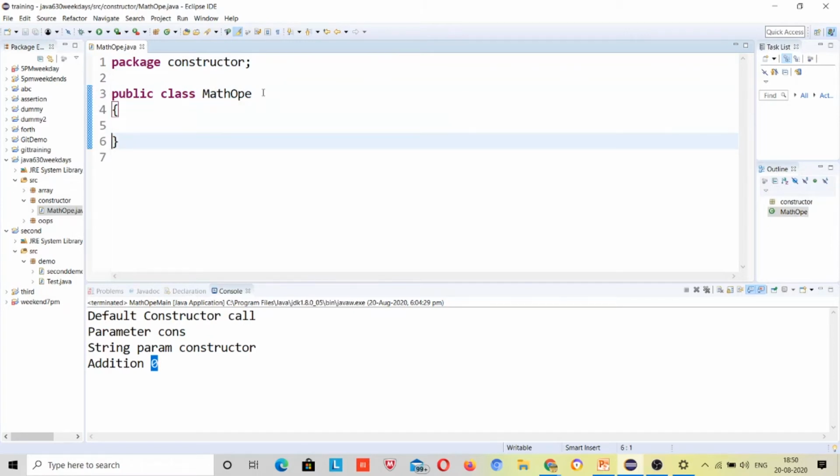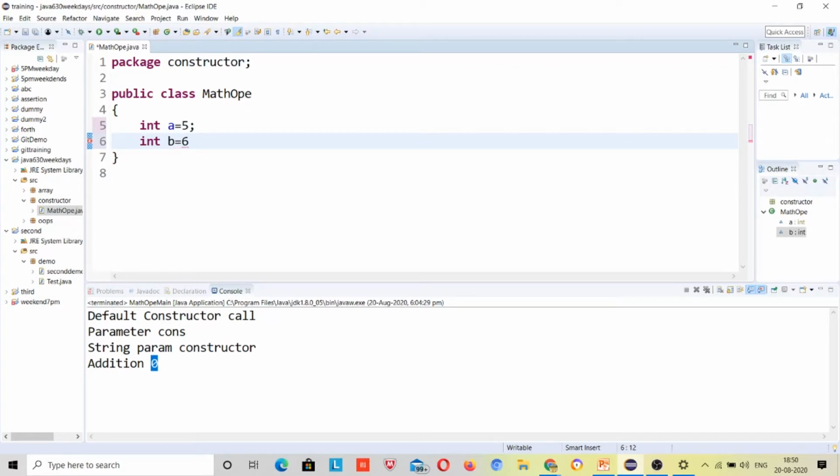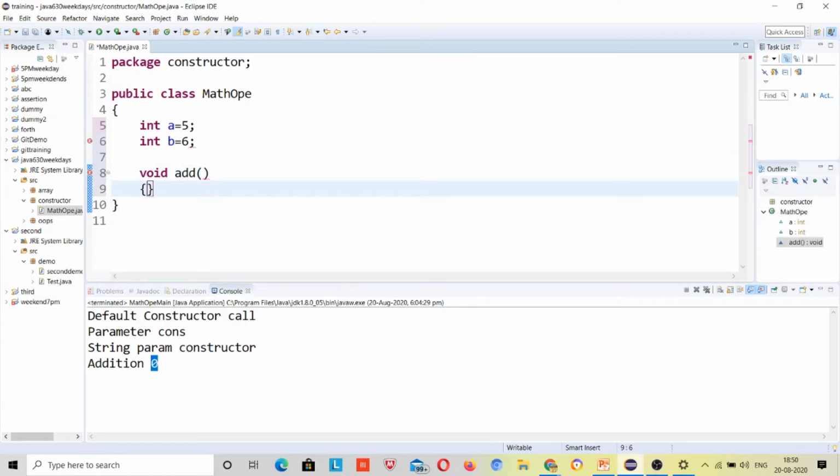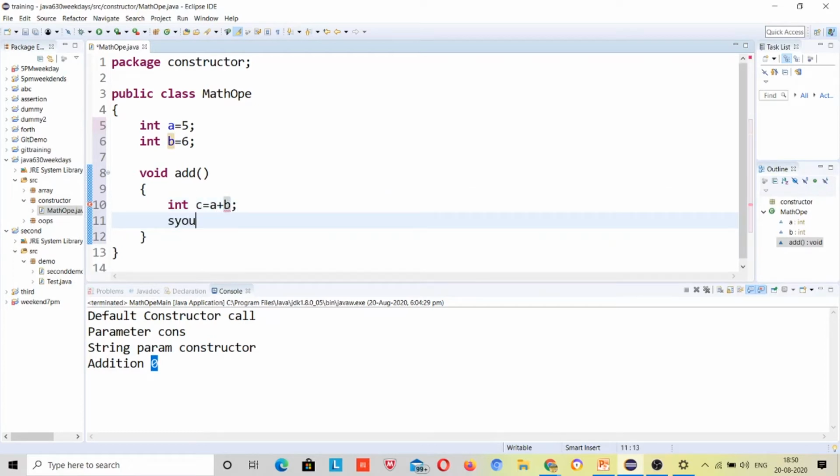This is a class which will perform mathematical operations, and here int a is suppose 5, int b is suppose 6, right? Here I will have a method like void add, and this will have another variable c is equal to a plus b, and print out this c.